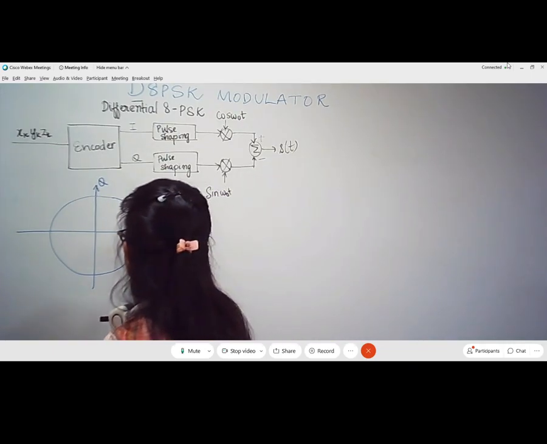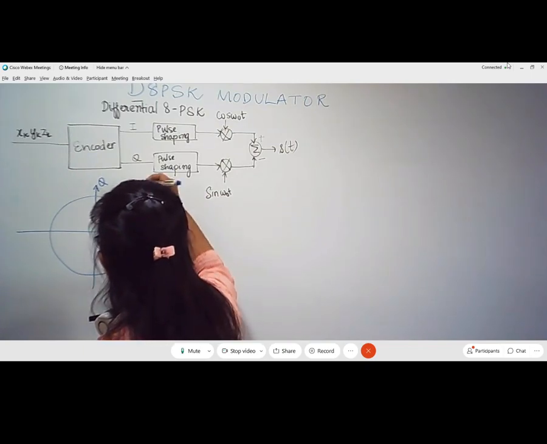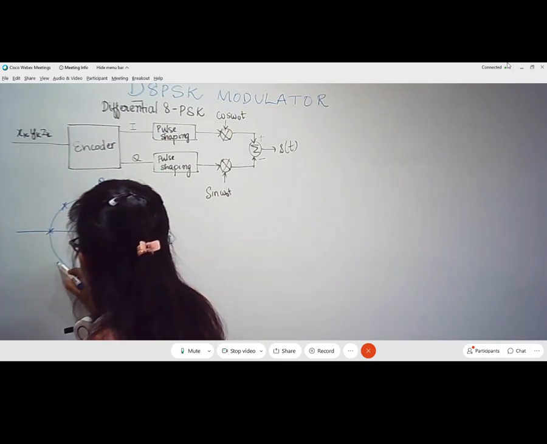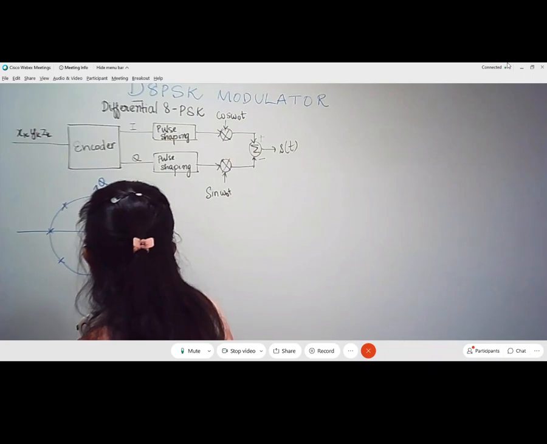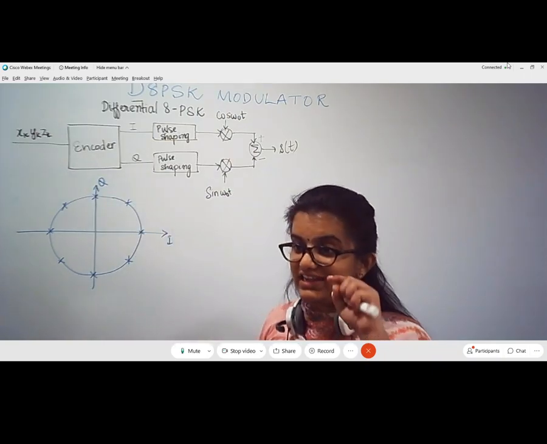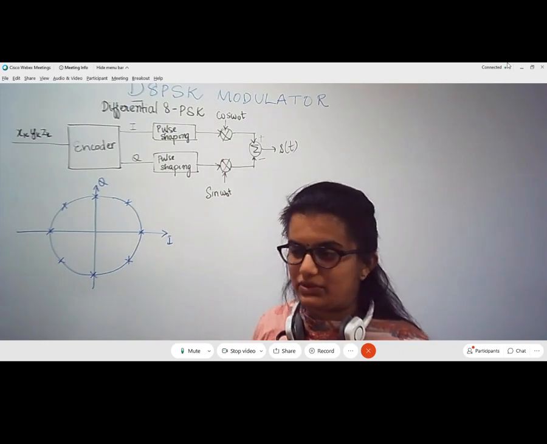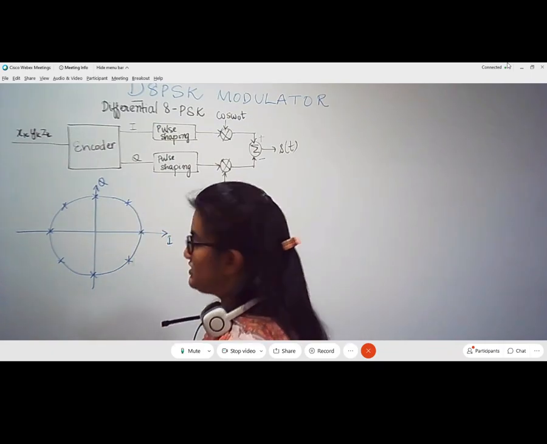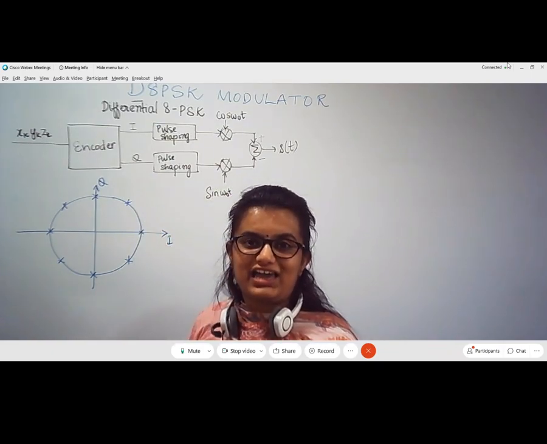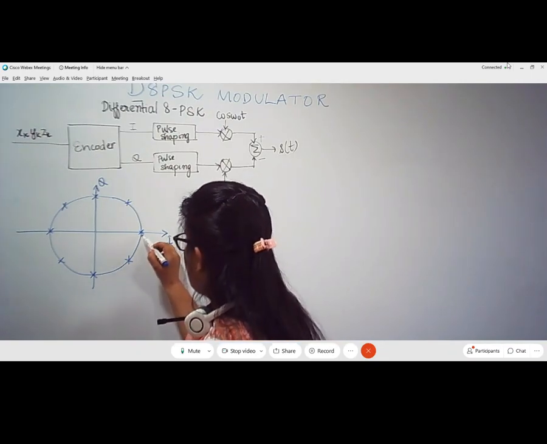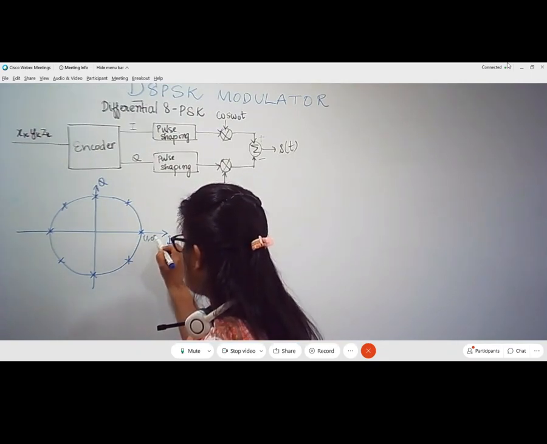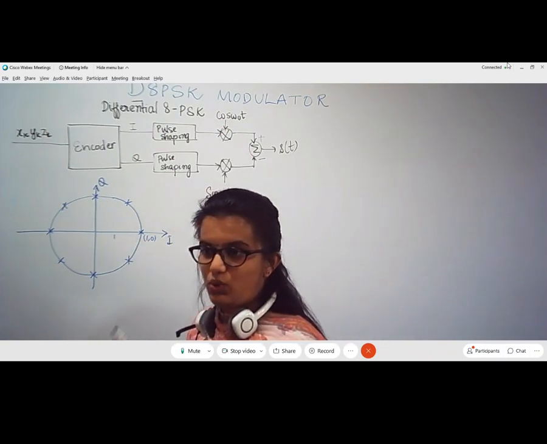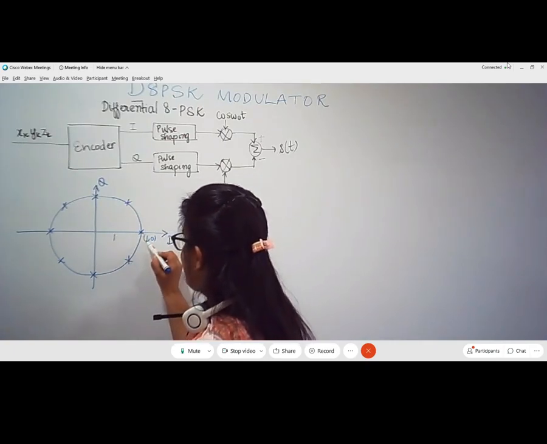Where are those 8 symbols? The first symbol, second symbol, third, fourth, fifth, sixth, seventh, and then 8th. So these are the 8 symbols which are 45 degrees apart from each other. So these are the locations of these symbols. Now, by looking at the locations of the symbols, I can make out what the I and Q values are for the individual symbols. The coordinates for this one are 1, 0. Assume that the amplitude is equal to 1. The circle is of amplitude equal to 1. We are assuming that. So this one will be 1, 0.